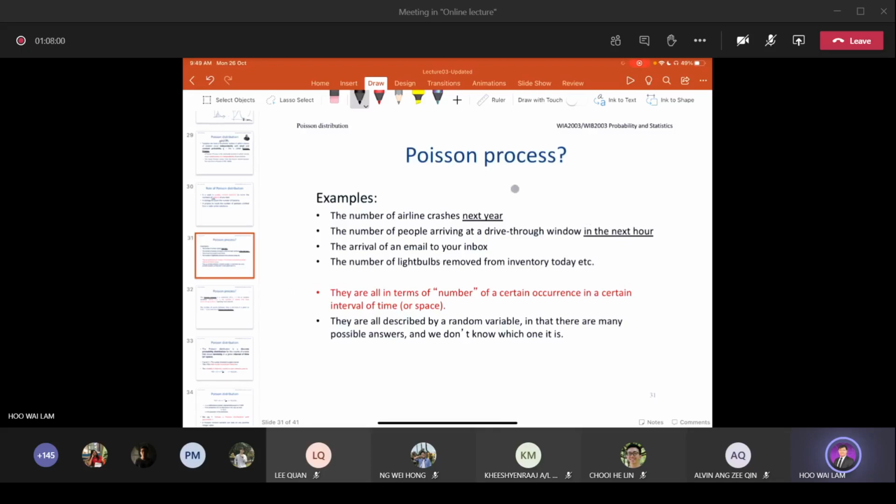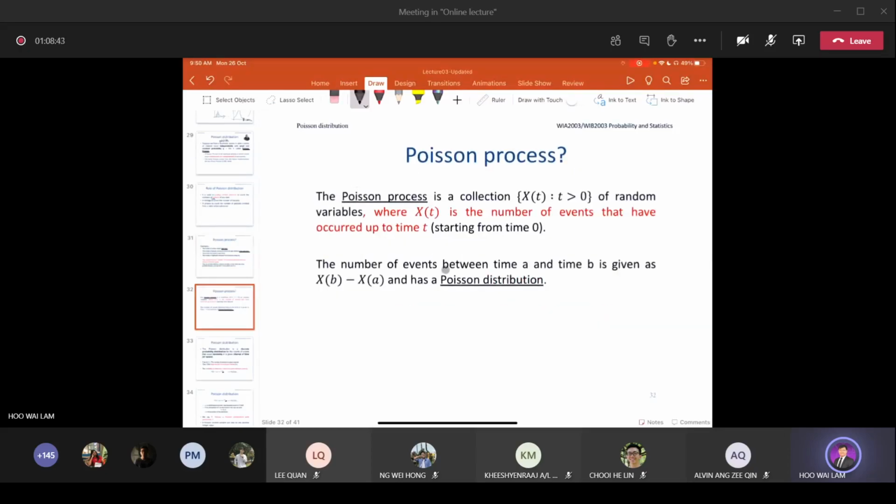Let's see what the Poisson process and the Poisson distribution are over here. This one is again terminology. The number of airline crashes next year. The number of people arriving at a drive-through window in the next hour. The arrival of an email in your inbox. When is the next arrival, for example. The number of light bulbs removed from our inventory today. You will notice that all of these have a time for you to capture. They are all in terms of the number of occurrences in a certain interval of time. And it's all described by a random variable. All right? So we consider this one as a Poisson